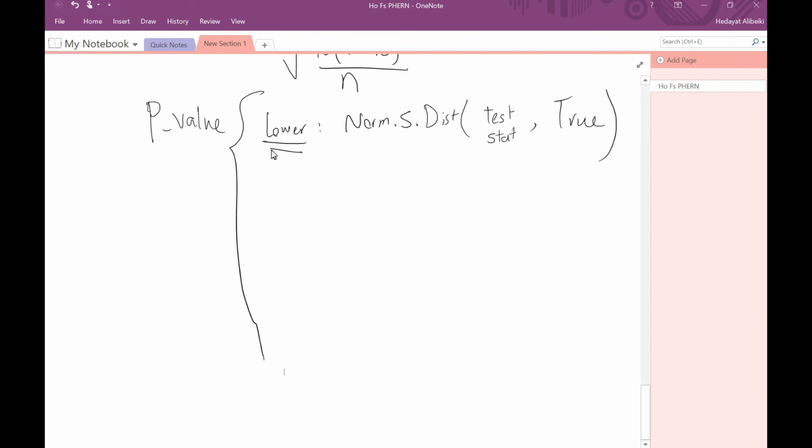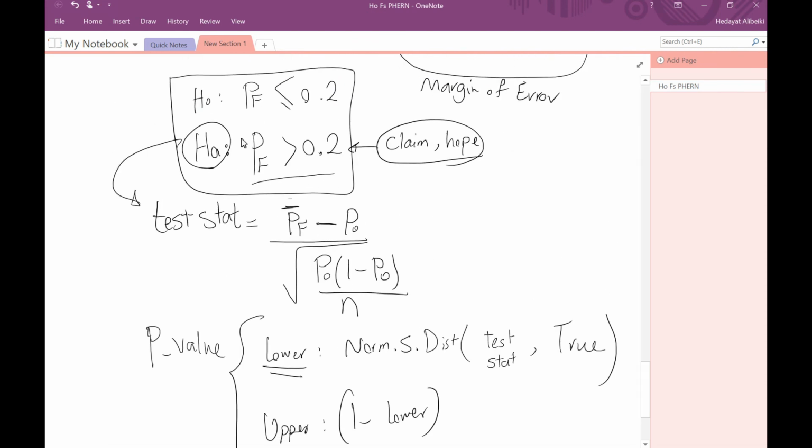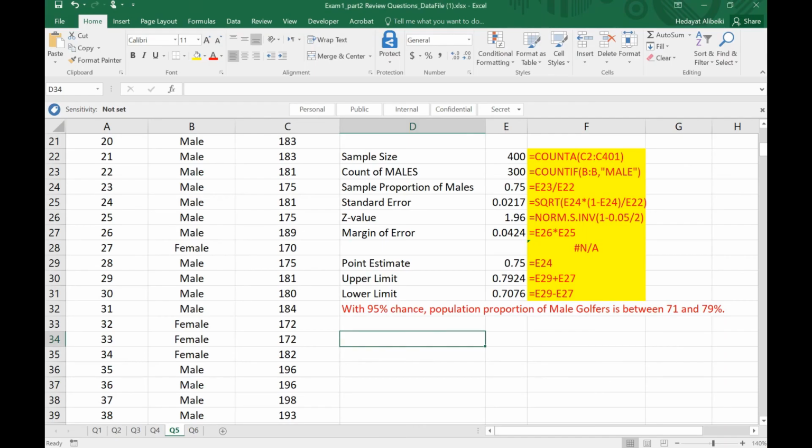The upper tail would be 1 minus the lower tail, and then the two-tailed would be 2 times the minimum of the lower tail and upper tail. So now we just need to go back to our Excel file and calculate. The first thing is to write down the hypothesis set. So let's go back. So part 3,